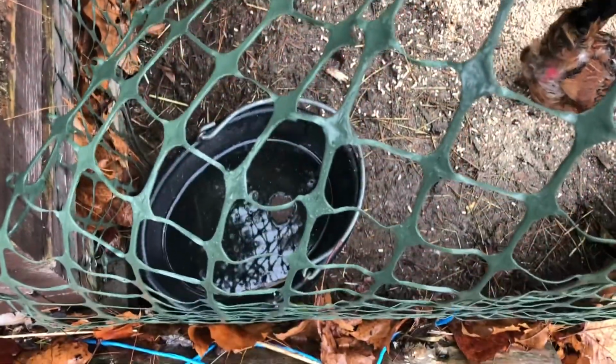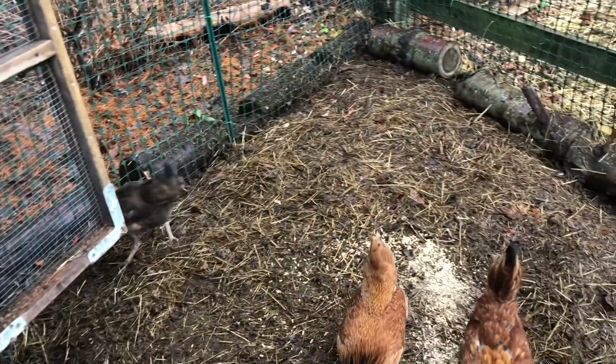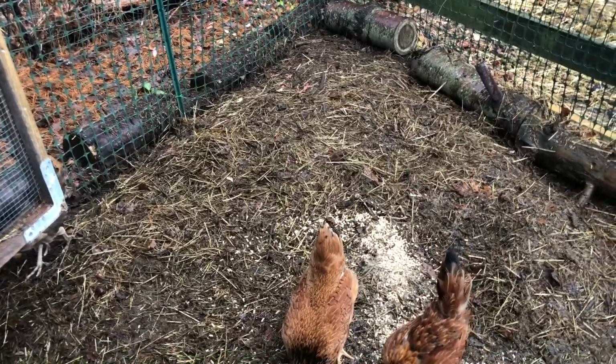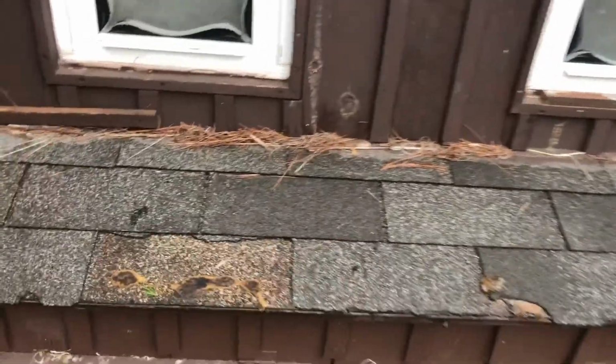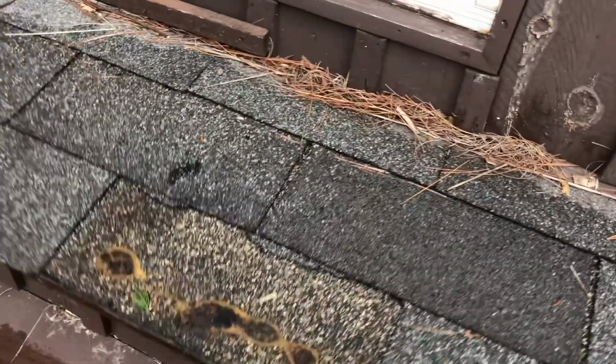Check the water, make sure there's some water in there. And I also have water inside the chicken house, so they should be pretty good. You probably just change it a couple times. All right, let's take care of everyone else. All right, now that the chickens are fed, what you can do is we will go ahead and check on